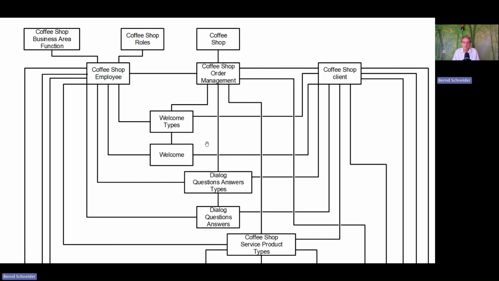So we have above in the middle the overall end-to-end process, which is coffee shop order management. And we have the relationship to coffee shop, of course. And then on the left hand, the relationship to coffee shop employee, which is coffee shop sales assistant, which can have a coffee shop business area function or coffee shop roles. On the right hand, we have coffee shop client. And then we have all these